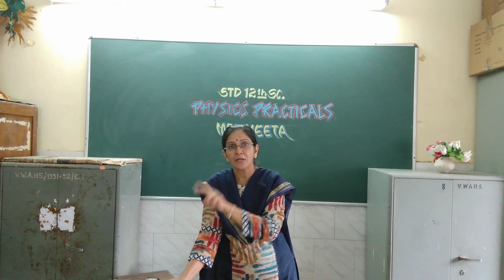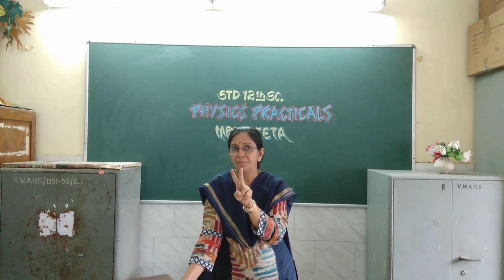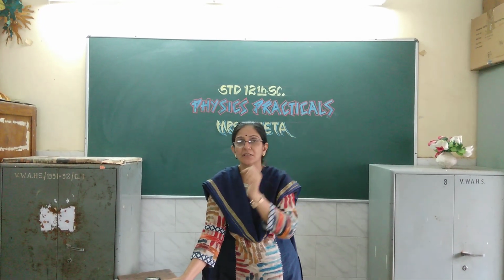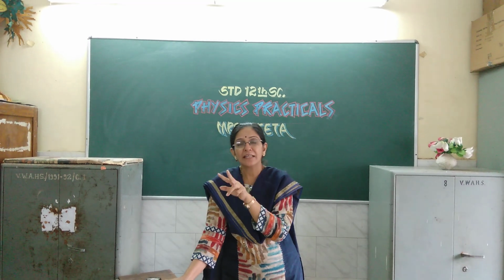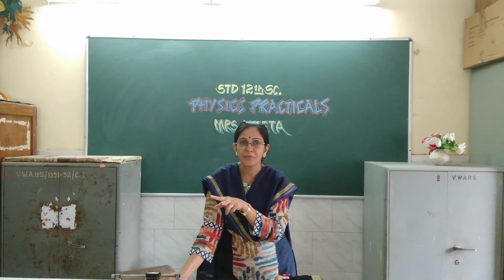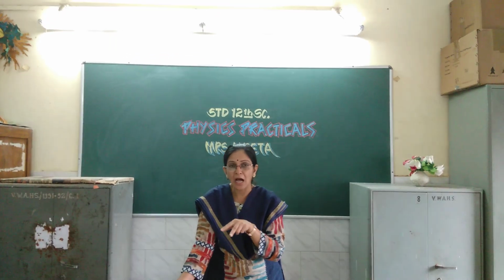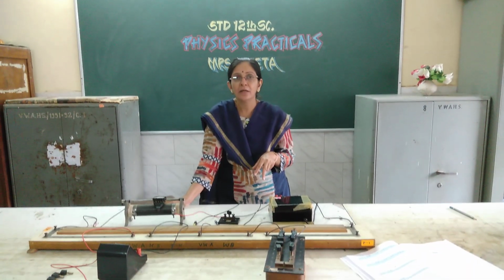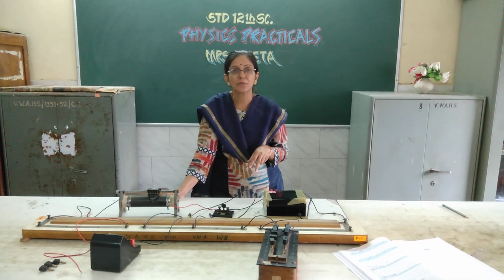Okay, so in the first case, that is the galvanometer in the left gap, and in the second case the galvanometer in the right gap, you will get 2 values of G. Okay, in the first case G1, in the second case G2. Again, by taking the average of those values, you can calculate the value of G. So in this way, by using the half scale deflection method, you can find the resistance of the galvanometer.